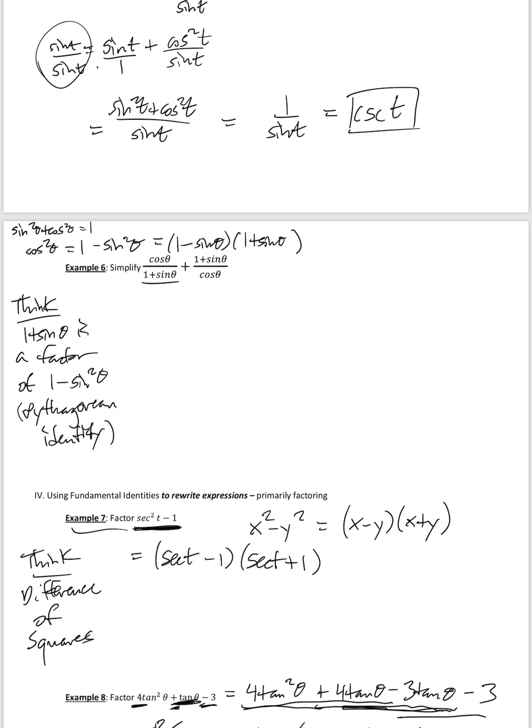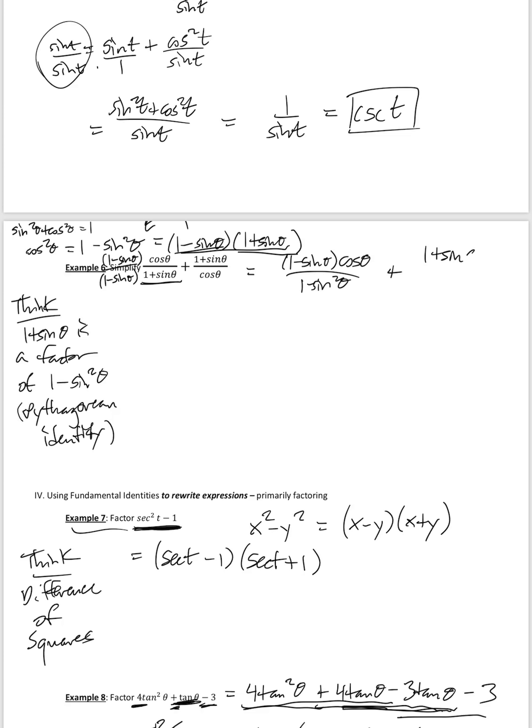And so I see this and I recognize that 1 plus sine theta is one of these factors. I want to force the Pythagorean identity to appear. I want to make this into the Pythagorean identity to make this easier for myself. So how can I make 1 plus sine theta turn into 1 minus sine squared theta? I can multiply by the other factor, 1 minus sine theta. And so if I multiply 1 minus sine theta on the bottom, I'll need to do the same up here. And so I'll have 1 minus sine theta times cosine theta in the numerator. In the denominator, I have 1 minus sine theta times 1 plus sine theta. That's this right here, which equals 1 minus sine squared theta,